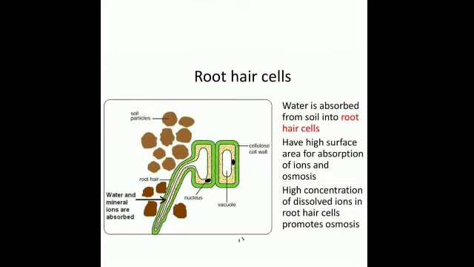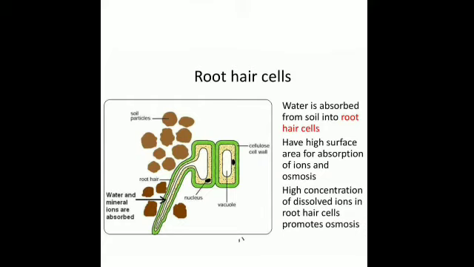Apart from this, there are tiny pores that are present all over the membrane of the root hair. Exactly, there are tiny pores present all over the membrane of the root hair, and water molecules enter these pores. Is it clear? Water molecules enter these pores. Then the cell sap is what? The fluid part of the root cell is more concentrated. Fluid means that will be water along with the minerals. Whatever other dissolved enzymes and waste or food particles are present in the liquid part or fluid part is called the cell sap.